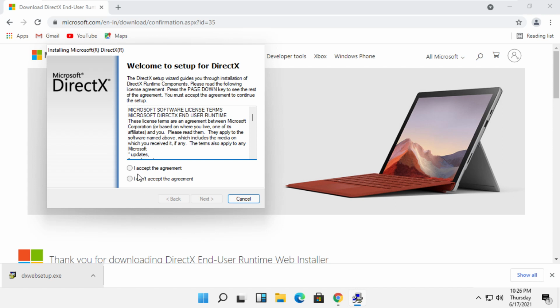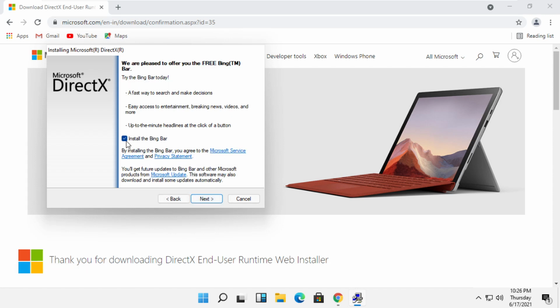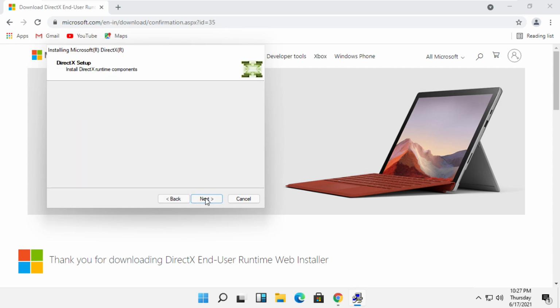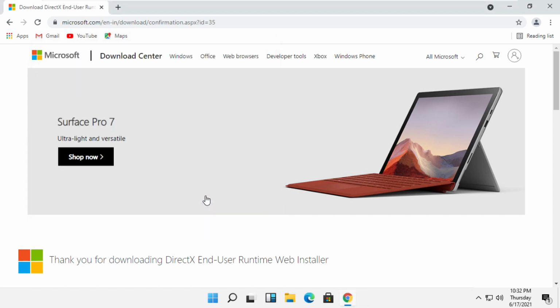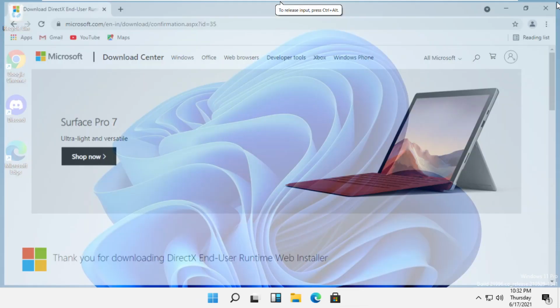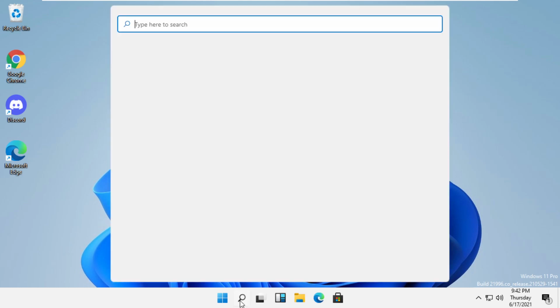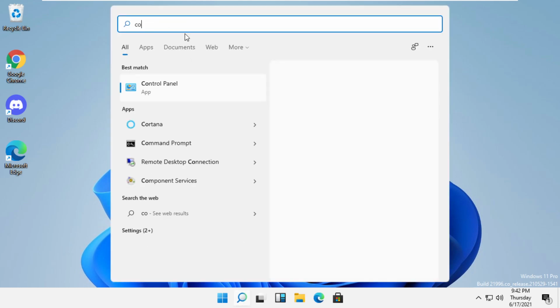Now check this box and click on next. Now you have to uncheck this box. Again, click on next, and it will take some time to install the setup file. So wait for it. After that, close all windows, and in the final step, go to search bar, type here